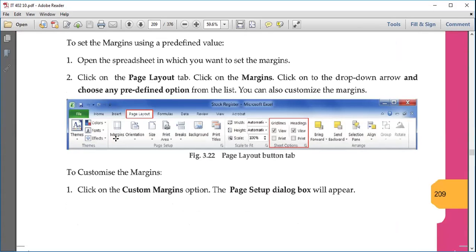The moment you click here, you'll get a drop down list in which we have already some predefined options जो पहले से हैं, उनको आपको चूज करना है. जैसे उसमें नैरो ऑप्शन है, narrow will reduce the page margin, and then you can have a normal margin also. You can increase and decrease the margin from there also, right? And if you want to set your own margin spaces, then you have to go with the custom margin option, which is in the same option. When you click here, the last option which comes in that drop down list will be custom margin.